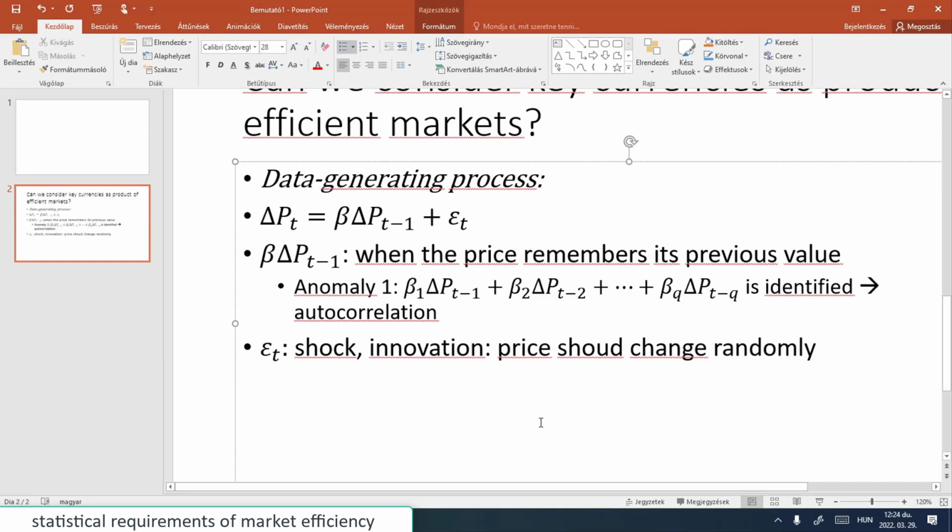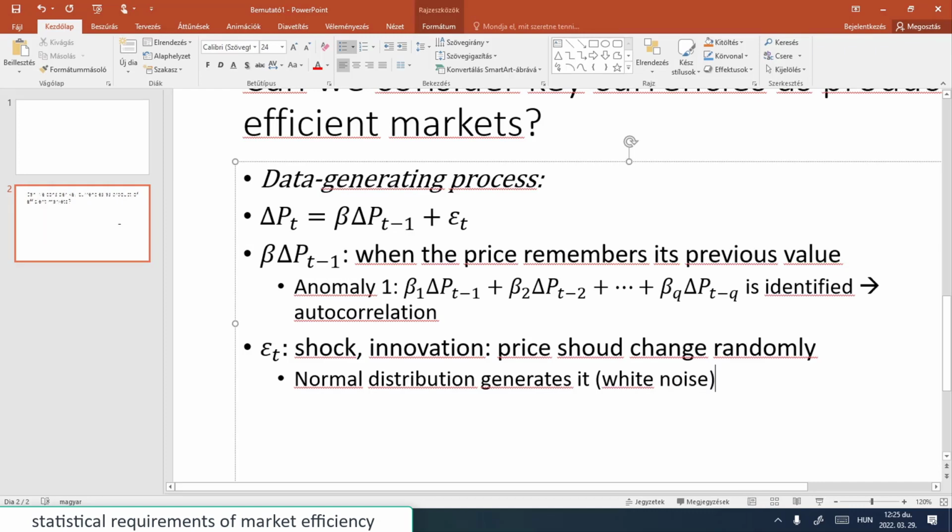So this random change would mean that it's generated by a normal distribution. So it's like white noise. Mostly what happens is around the expected value, and not so many extremes are happening, so it's quite boring. In this market we don't have deep recessions and global financial crisis situations, so boring can be a good thing.